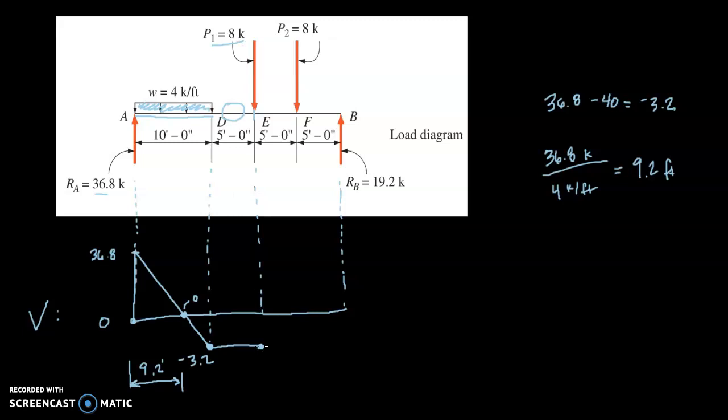So I'm going to go from a value of negative 3.2, 8 more kips in the negative direction, and that's going to leave me with negative 11.2 kips of shear. So negative 11.2. And then I'm going to travel horizontally. Nothing's going on in the diagram until I reach this point,